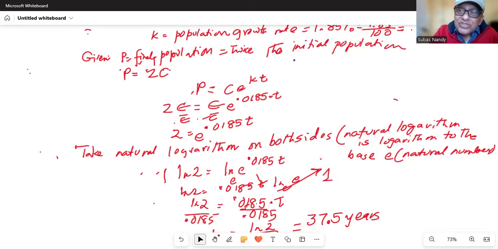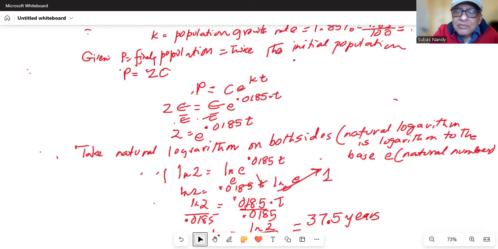Now, as I explained to you, ln of e is a natural logarithm of e, which is the natural number, to the base e, same number. So property of logarithm, when you have a logarithm of a number to the same base, it is 1. So I cancel that: ln e to the base e is 1. So what am I left with now? ln 2 is